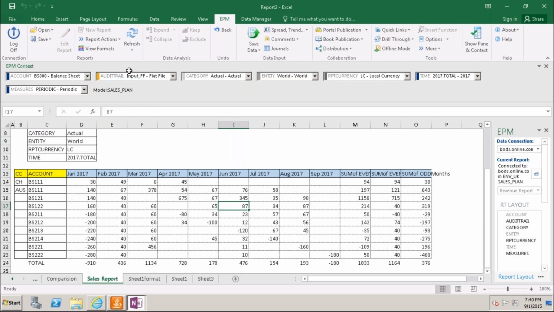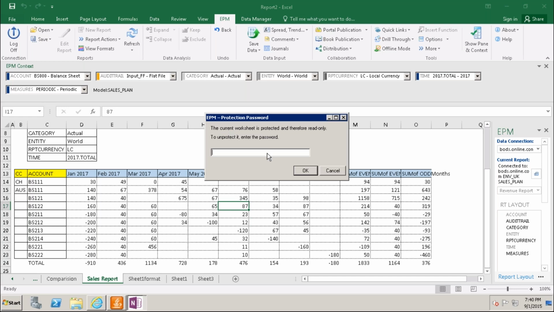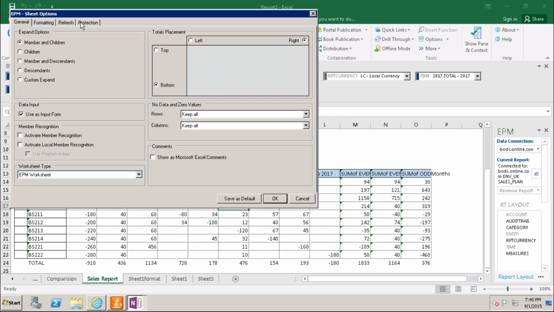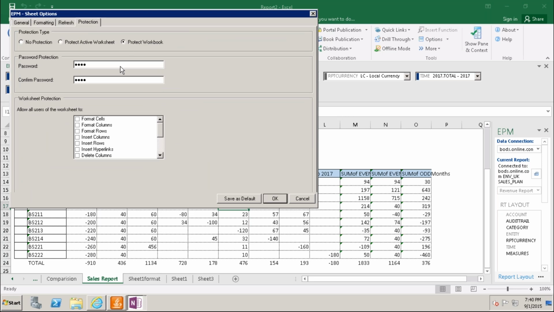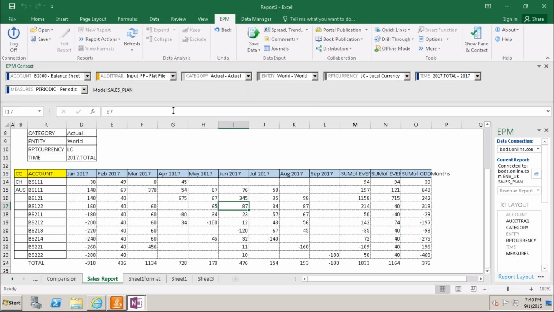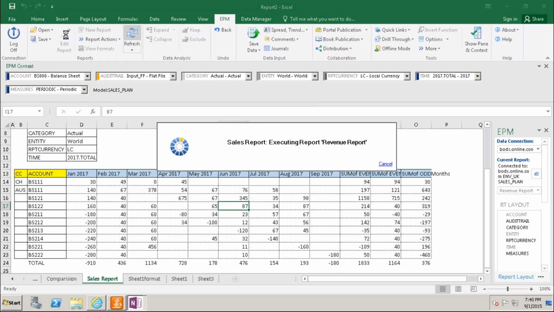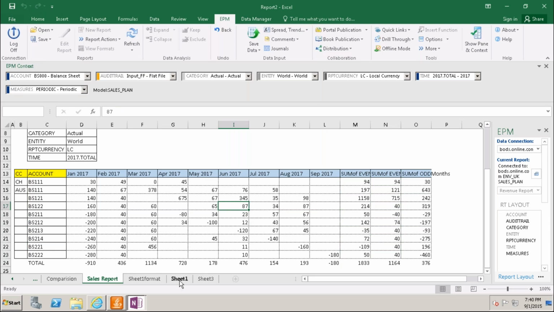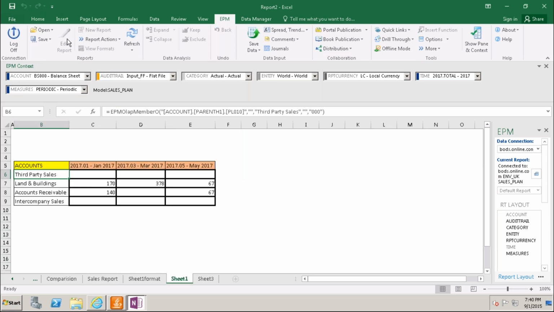So the same thing, what I will do now, I'll go to options, sheet options, test, and protection. I'm going to give this worksheet a password, test, and okay, refresh. This is protected now, and this sheet also is protected.